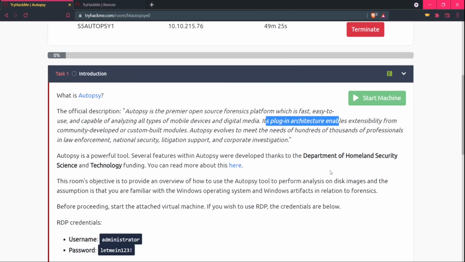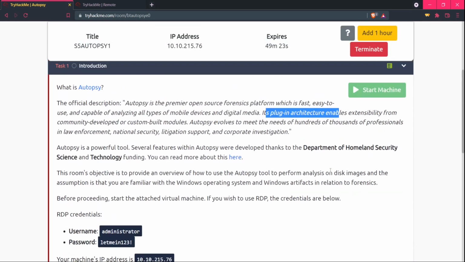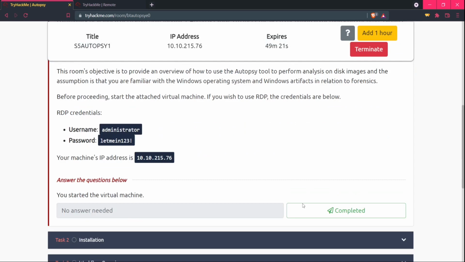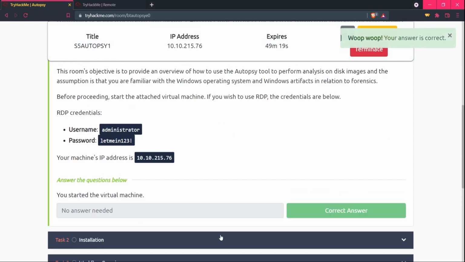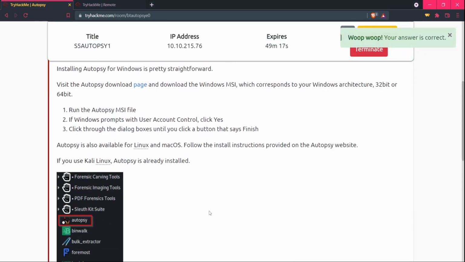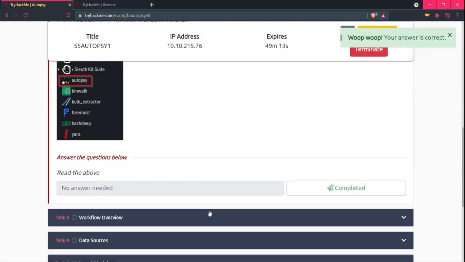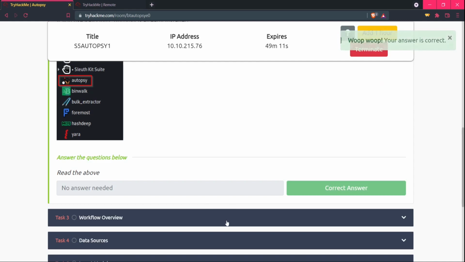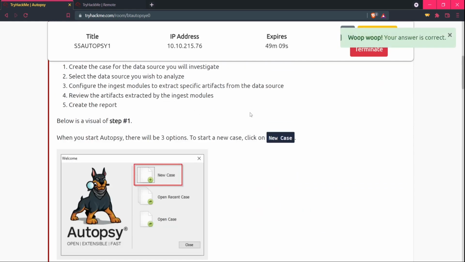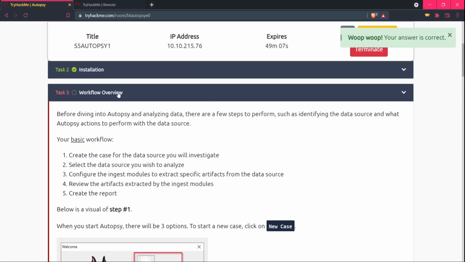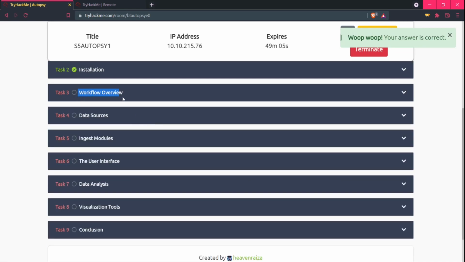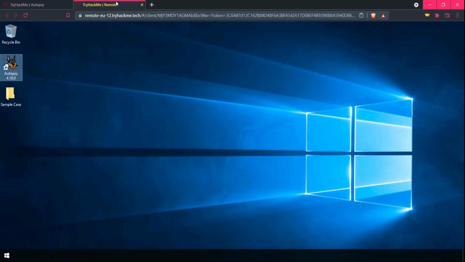Let's see about this room, and it has nothing special about it, and I've just started the machine. The installation also doesn't have a lot of information, so we will just skip it, and we go over to the workflow overview. So in task 3, that is workflow overview, I will just open up autopsy.